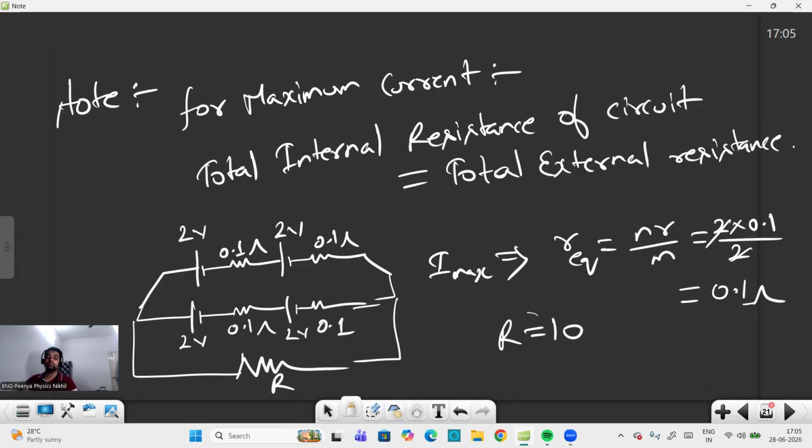In this case, it is not possible. So the R value should be 0.1 ohm to get the maximum current in this case. Correct? So the R value must be 0.1 ohm to get the maximum current for this circuit. So it cannot be 10 ohm. It should be 0.1 ohm to get the maximum current. So I hope all of you understood this. Now, the next